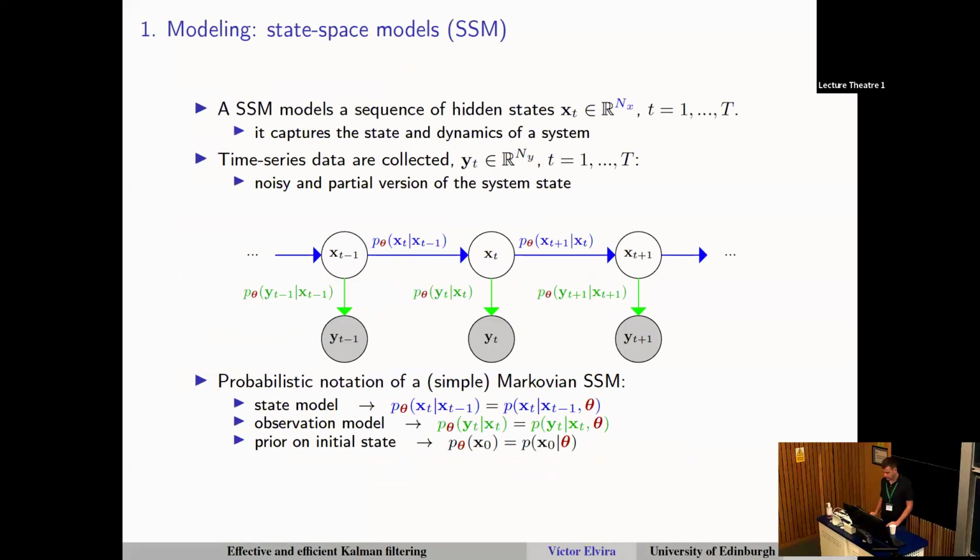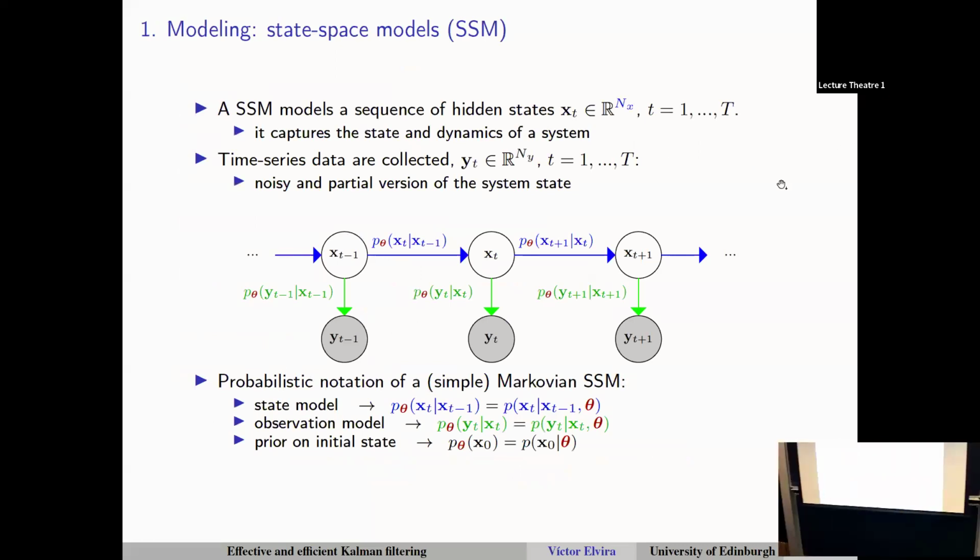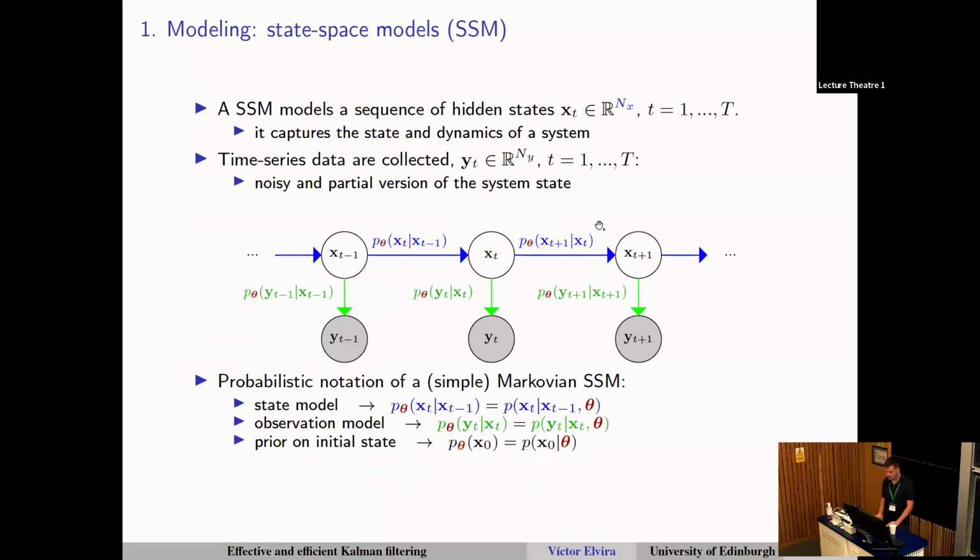So you are familiar already with the structure of the state space model. You saw this yesterday several times. I'm not going to tell you much about the latent state. You know what it is. It's something we don't observe in practical scenarios. There are many ways you can see this. I like to think of it as a dynamical system that evolves over time. Dynamical because we have a temporal model, discrete time, and it's a system in the sense that